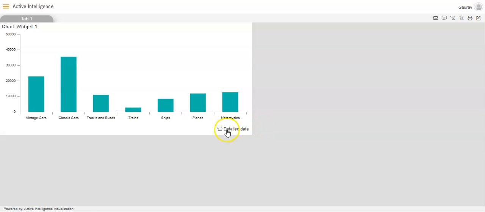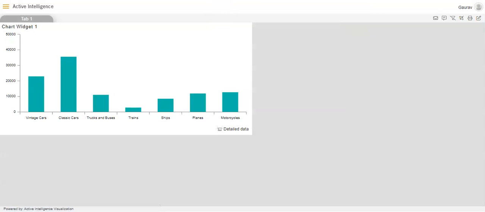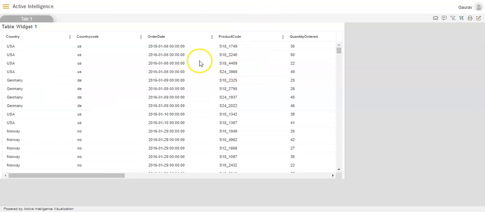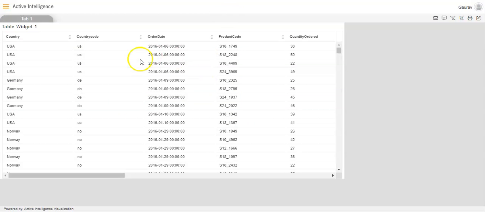Now I'll click on this extra label over here, which is detailed data. And you'll see that once I click on that extra label here in the chart widget in the new summary dashboard, I am redirected to the table widget in another dashboard, which I have named new detailed. So you could see that once we generated the embed link in this dashboard and pasted that embed link in the extra label property of this widget in this dashboard, we clicked on this detailed data and we were redirected to this detailed dashboard, another dashboard.